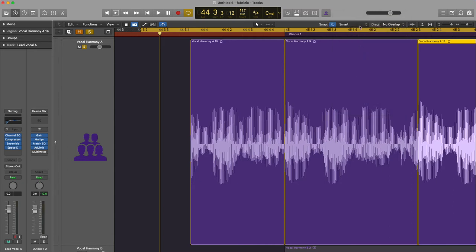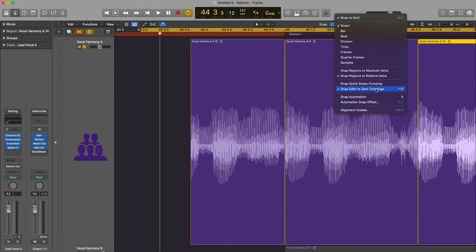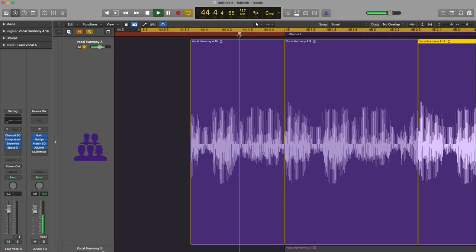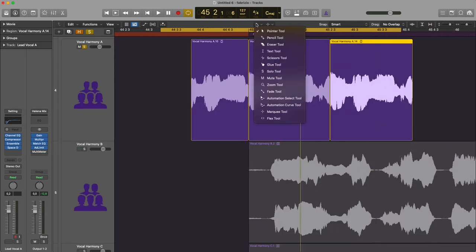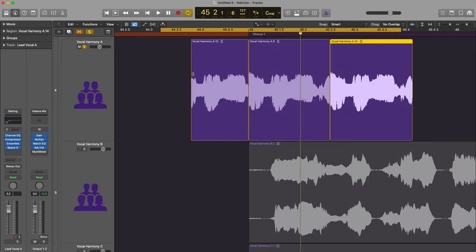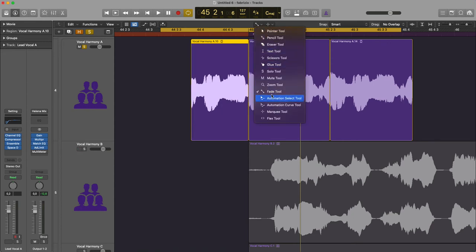By default, I suggest using this, but in case you have some click and pop problem, it's necessary to use the fade. Well, we have the fade tool here that helps us make a fade in, crossfade, fade out, and the curves. But I suggest you don't use the fade tool, because every time you go here with the mouse, you lose time.